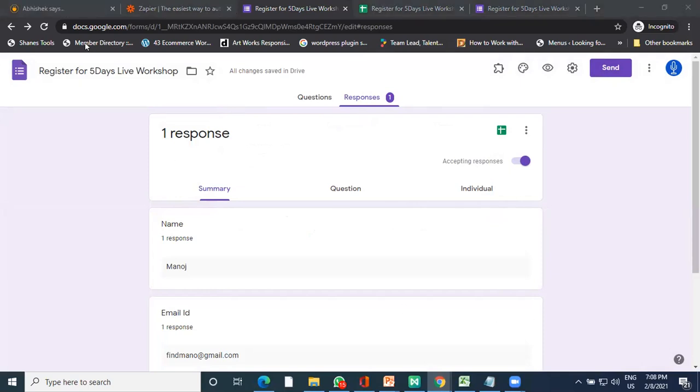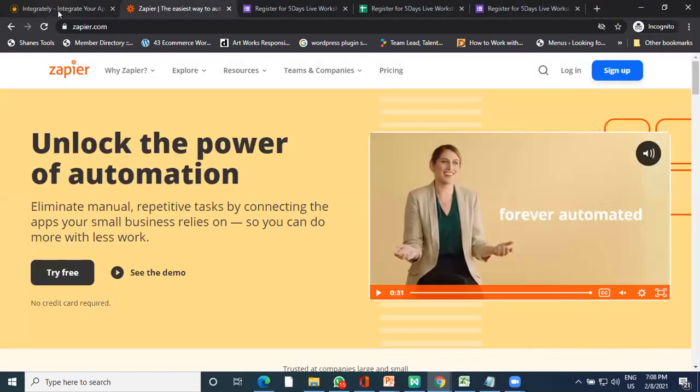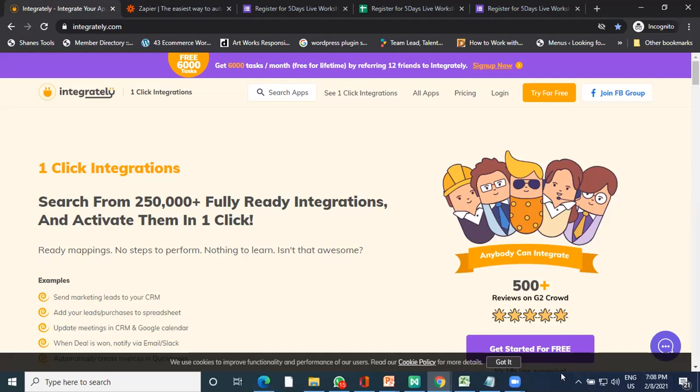Okay, and now here in Zapier and Integrity, these are two sites we are going to use. Okay, thank you, sir. So both the sites can do automation. What you just need to do is create your account for free. Now I have already made an account.